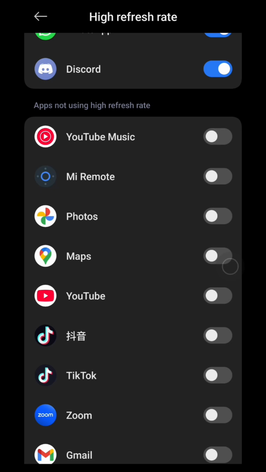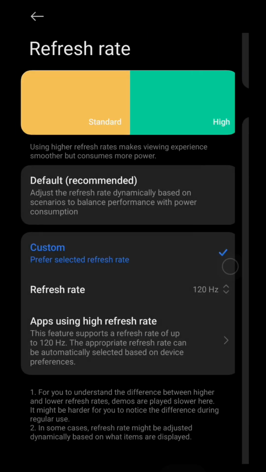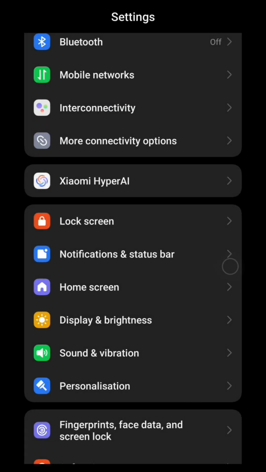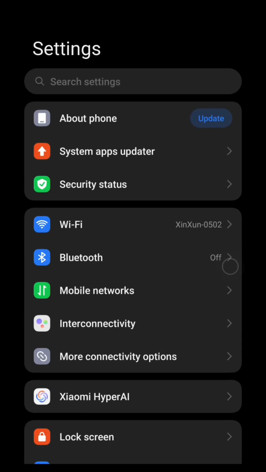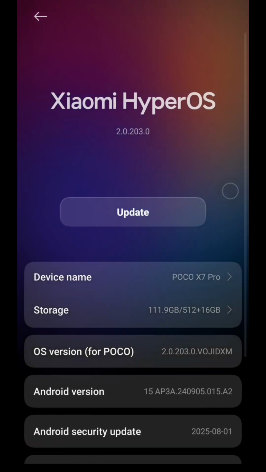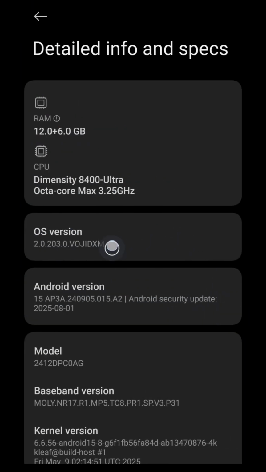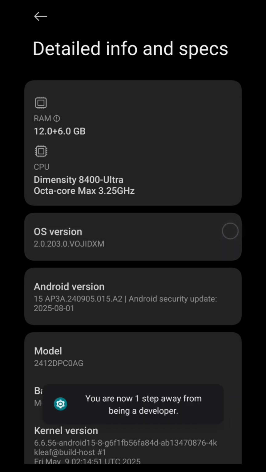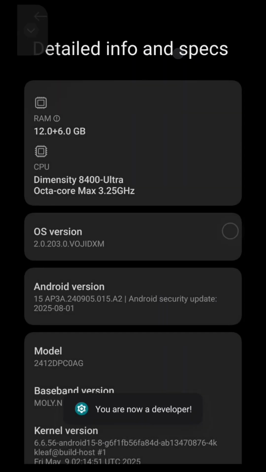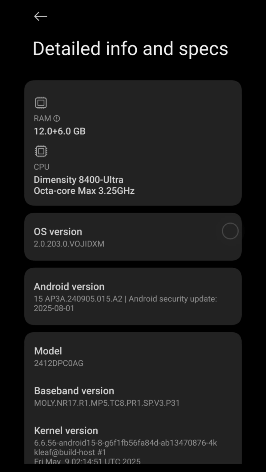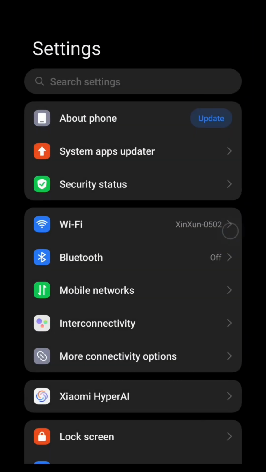To do this, we need to enable developer options first. Just go back to the settings and then go to about phone, this one, and then go to detail info and specs, and then now tap on OS version about 7 times until you see a message saying you are now a developer, like this. And then next go back to main settings and then use the search bar at the top, just type